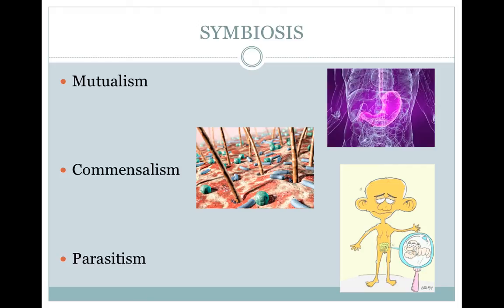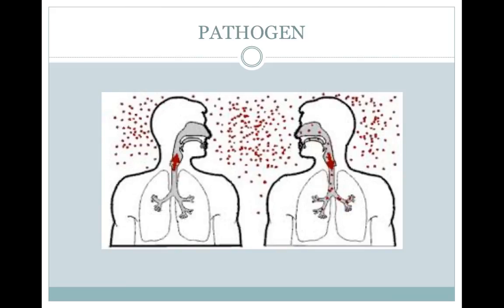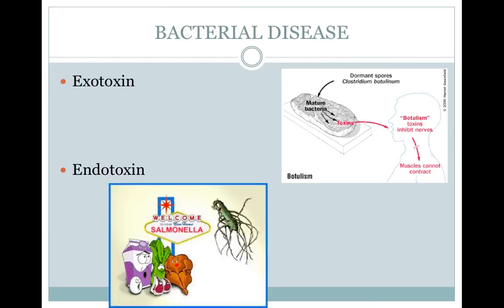And the 3rd type of symbiosis is parasitism. Parasites benefit and the host is harmed. If the parasite causes a disease, it is called a pathogen. Again, Mycobacterium tuberculosis, which causes tuberculosis, is an example of a bacterial pathogen. Bacteria cause disease by making toxins, unlike viruses that enter and destroy the cells. An exotoxin is secreted by the cell, and the bacteria doesn't even have to be present, just the toxin, to get sick. Clostridium botulinum is an example.